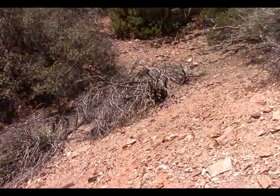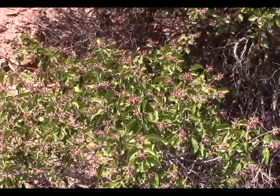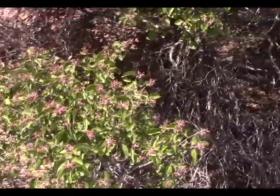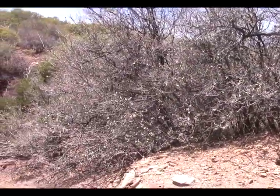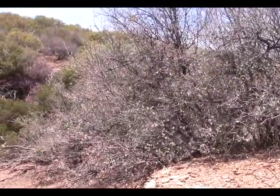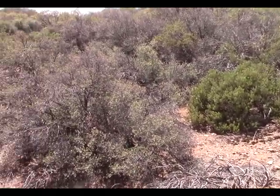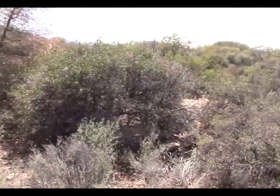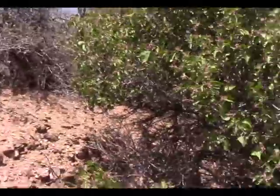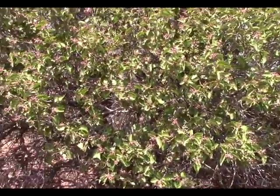Now it's been reported to me that this plant here is called mountain laurel. And in this area, you'll find them, like in this case, in these test holes. There you have, that's scrub oak right there, correct? Okay. And there's manzanita there. And you look around, all you see is scrub oak and manzanita until you get here. So in this particular area, this is actually a pretty good indicator plant